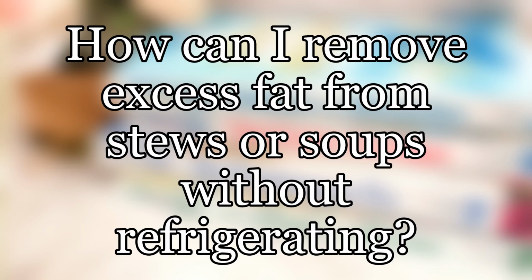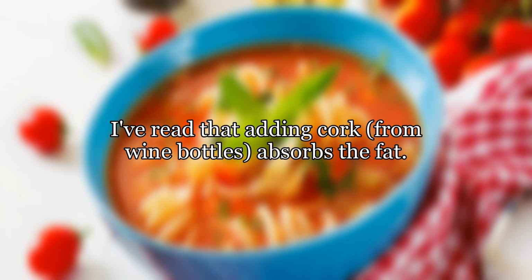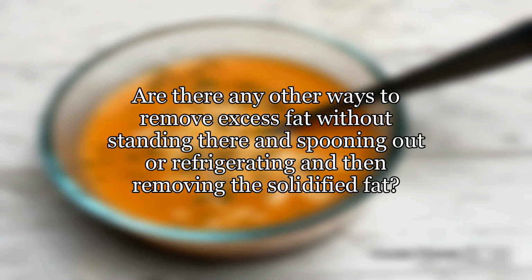How can I remove excess fat from stews or soups without refrigerating? I've read that adding cork, from wine bottles, absorbs the fat. I'm not sure if this works or not. Are there any other ways to remove excess fat without standing there and spooning it out, or refrigerating and then removing